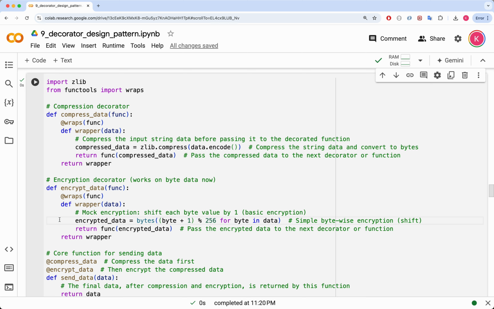the stack. The encrypt_data decorator applies a simple mock encryption technique to the data by shifting each byte's value by 1. This encryption, although basic, represents how we might encrypt byte level data. The encrypt_data decorator expects the input to be in bytes, which it is, thanks to the compress_data decorator. It processes each byte, encrypts it, and passes the encrypted data along to the next step in the